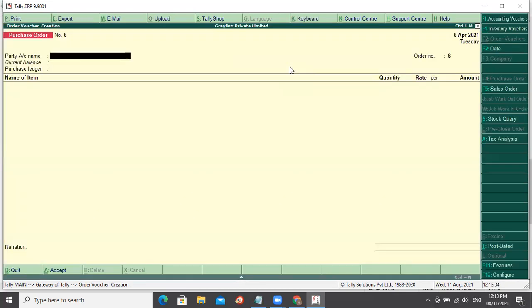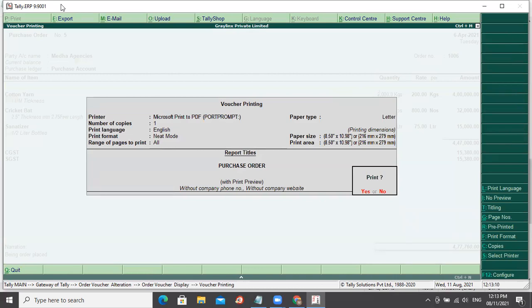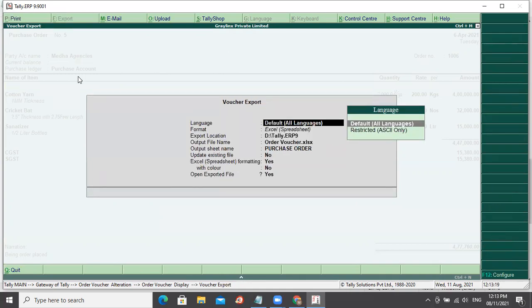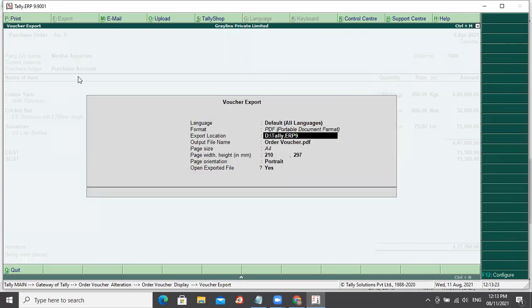After placing the purchase order, you can go back to the purchase order. You can click on print. Okay. Then if you want it to be exported to a PDF file, you could click on export. You could select which format, Excel or PDF.